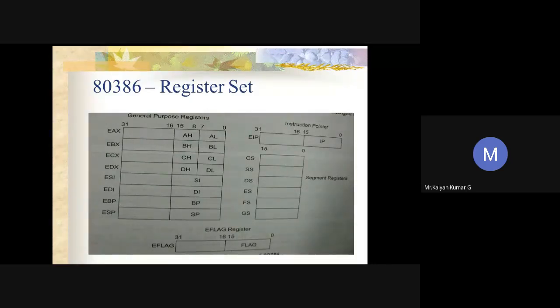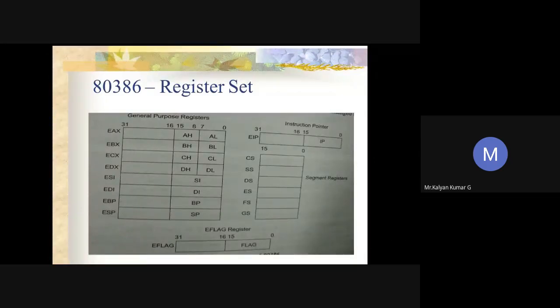And moving on to the counter register, CX. If it is 32-bit we have ECX, 16-bit means CX, and 8-bit means either CH or CL. And as you know, the counting register is used for what? Counting, rotates, and shift operations in any loop. And last comes your data register, EDX. For 16-bit, DX is available, and 8-bit means either DH or DL. Again, this is also used for multiplication, division, input and output operations.